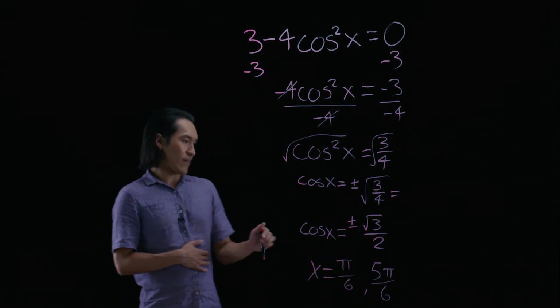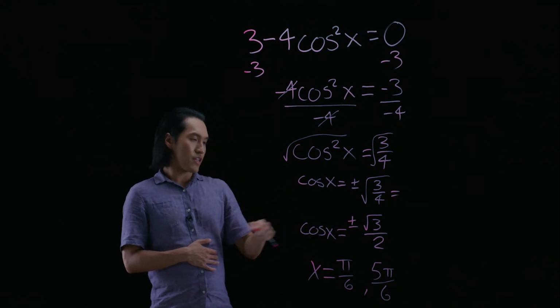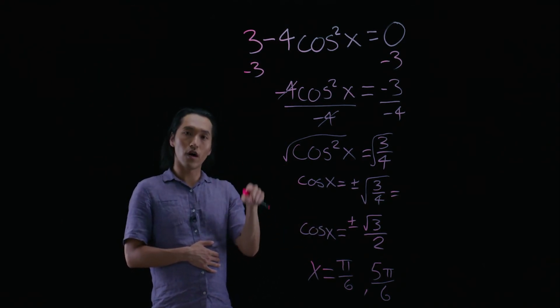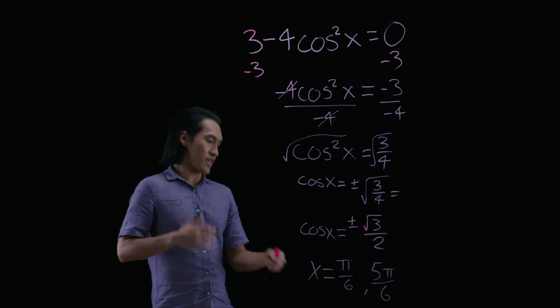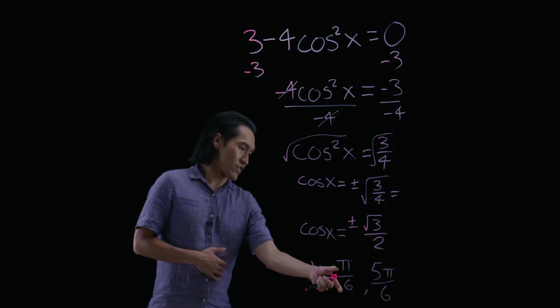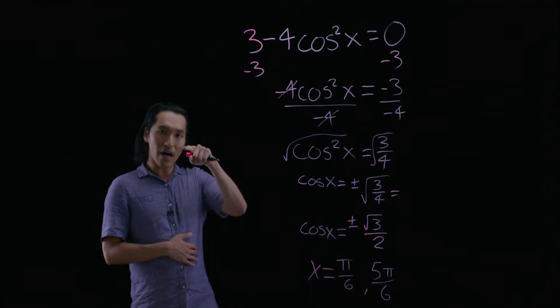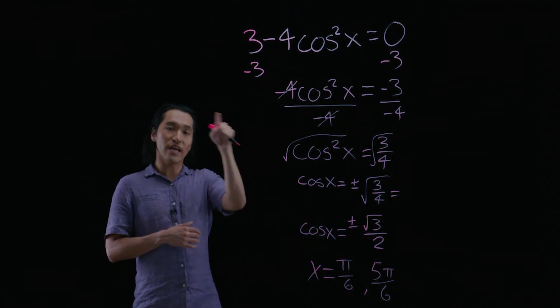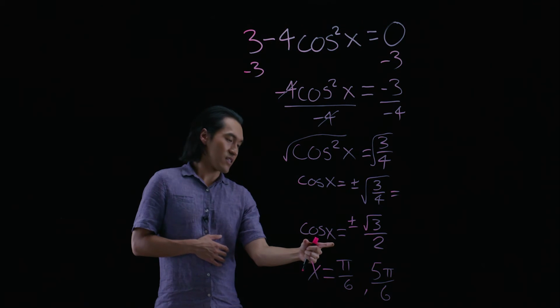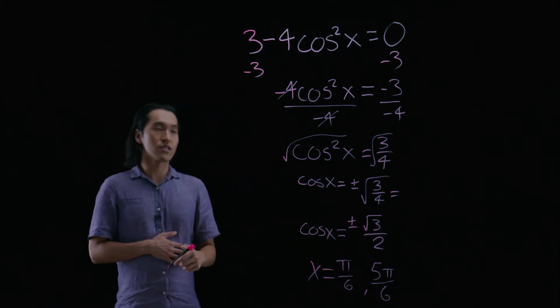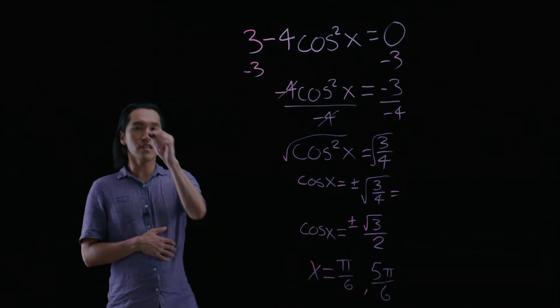And also, we have to remember that since this unit circle revolves around endlessly, infinitely, it's not just pi over 6 and 5 pi over 6, but that this occurs at every pi. Every time it goes around 180 degrees, we're going to get to the same cosine of x. So in other words, the answer really is pi